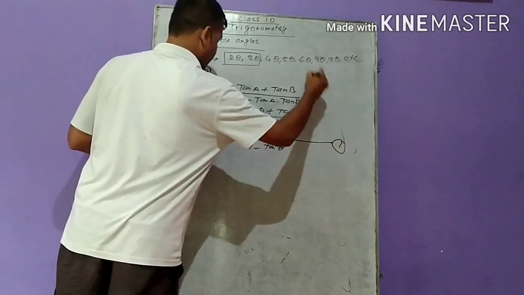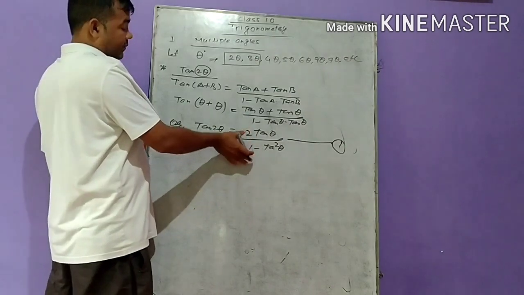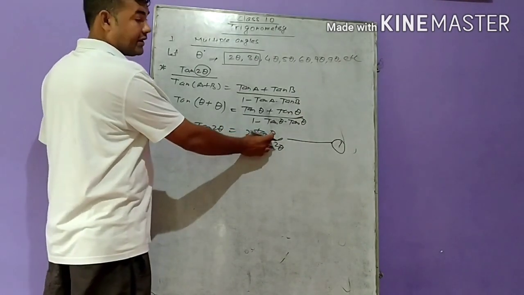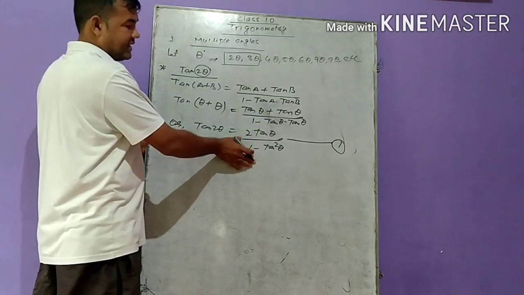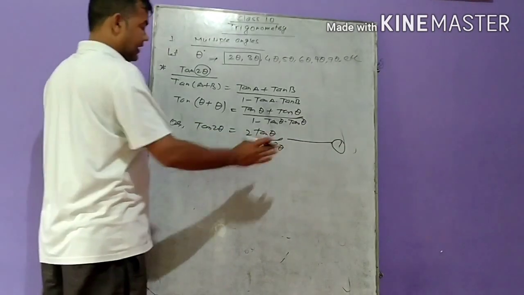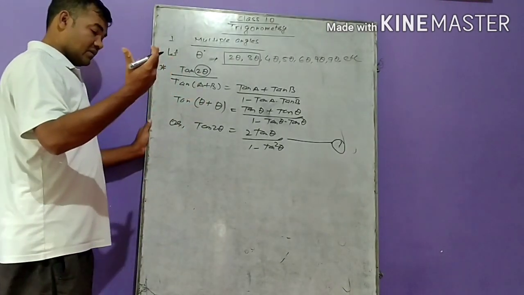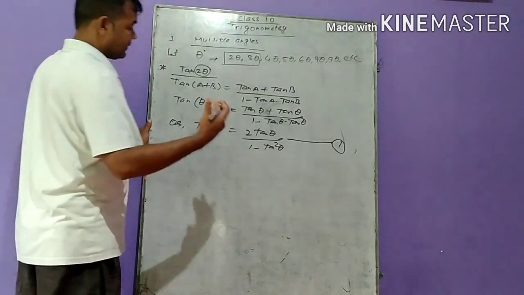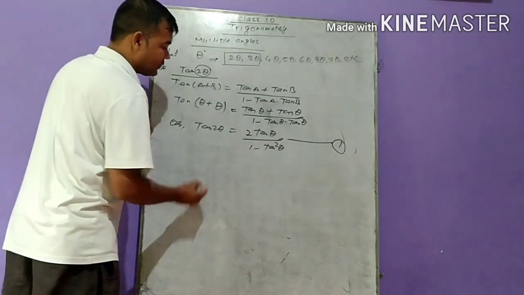This is one of our identities. And by using the formula of trigonometric ratios, we can transform it into cot, cosec, sec, whatever we like, according to the need of the identities.